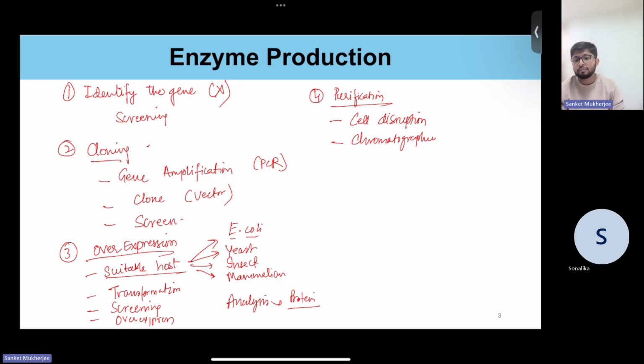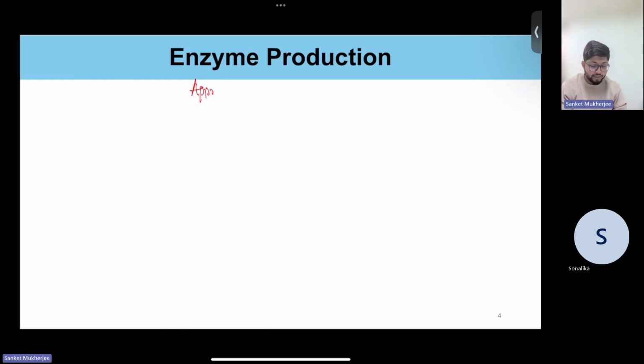So, for example, if your protein has a histidine tag attached to it, you can go for affinity chromatography. That could be one of the ways of purification. Then we go for estimation of the yield of the protein, and then the purification analysis: how much protein you are getting, what is the purity of the protein, and all that kind of thing. So if we talk about the approaches for isolation of gene of interest,